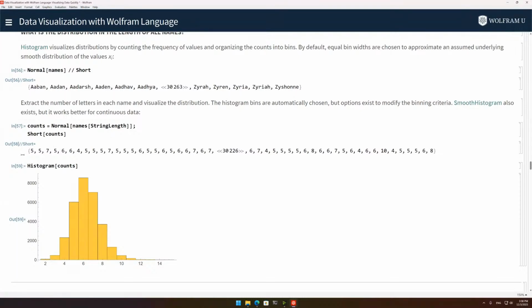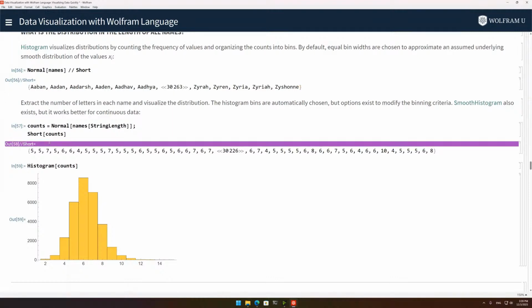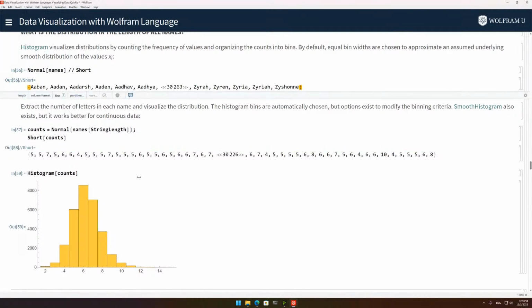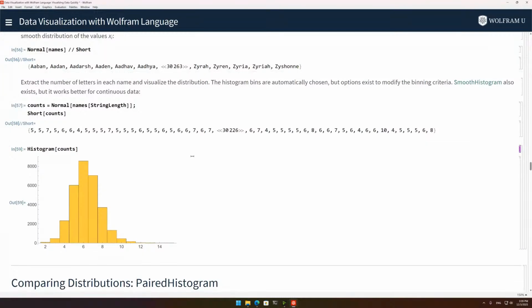So that's very easy to do once we have our list, and then another list where instead of the name, we just get the number of letters that go into that name. So you can see that for the name Aben, we have 5 letters, the name Aiden, 5 letters, and so on. So again, we don't care about popularity here. We're just taking each name as its own thing. And then once we have